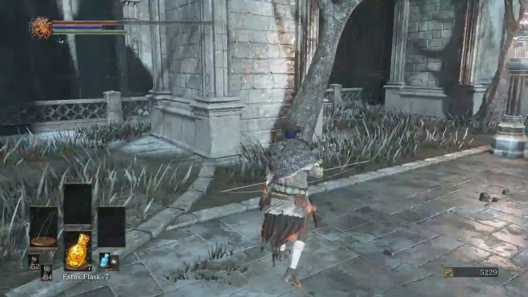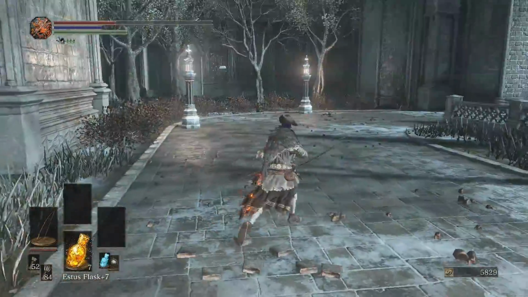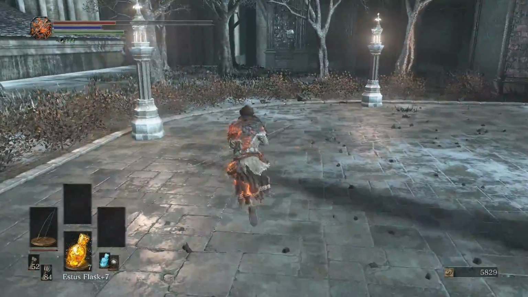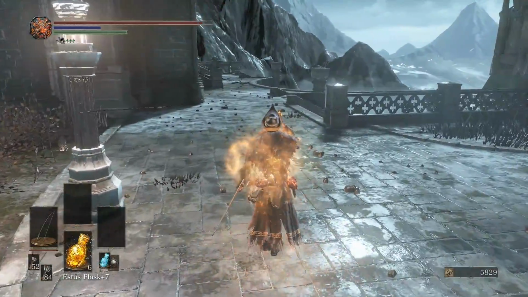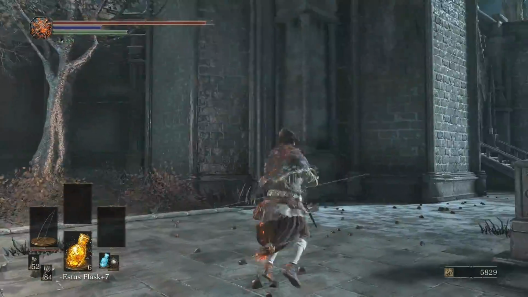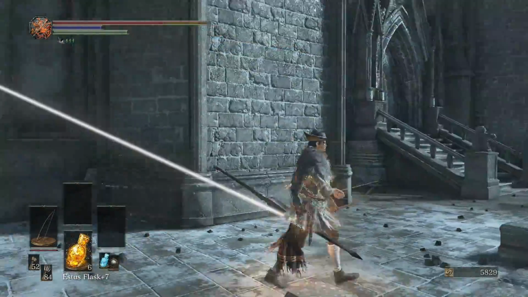I could see why the Hawk Ring would be useful right about here for making my projectiles deal more damage at longer ranges. So that may be a thing that we have to go and get from the giant. I was hoping to find a particular way to fight the giant. I'm still working on it. And if I achieve it, I'll...